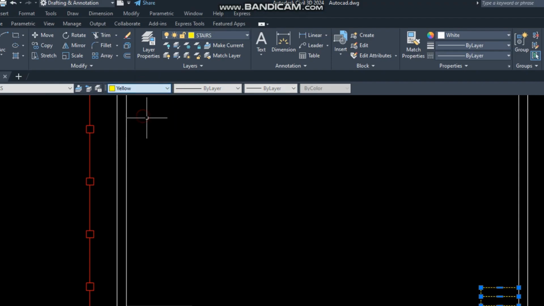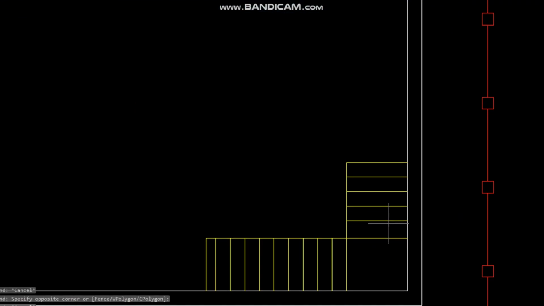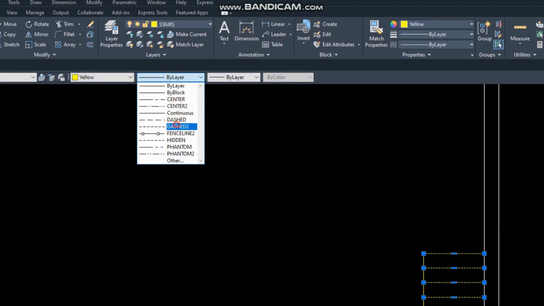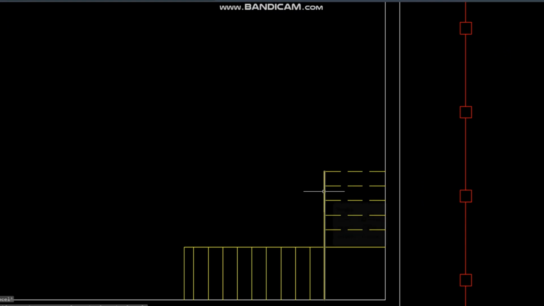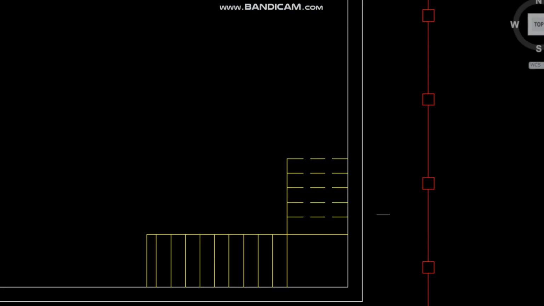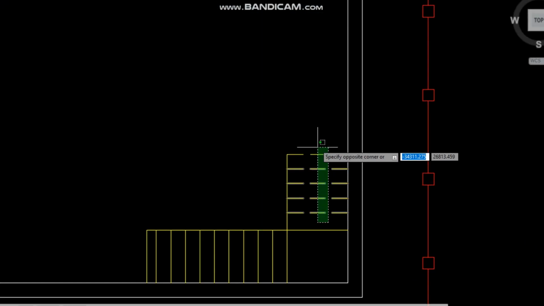And for what is above your head, you can show it by dash. So from here you must select the dash line, and if the dash line looks very far apart, press Ctrl 1, then the properties will appear. And from the line type scale you must select this